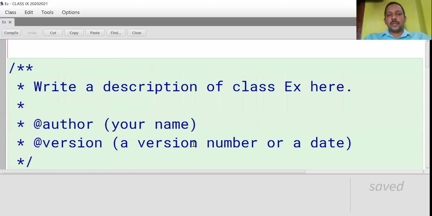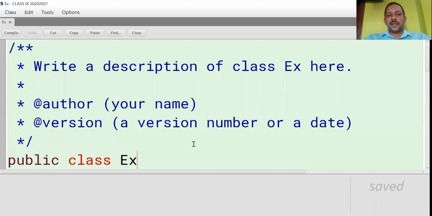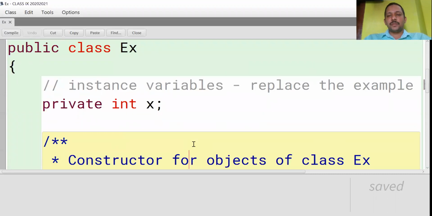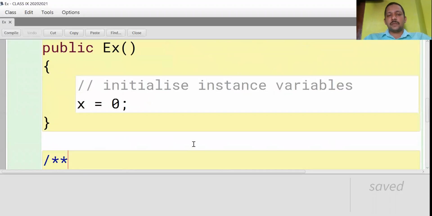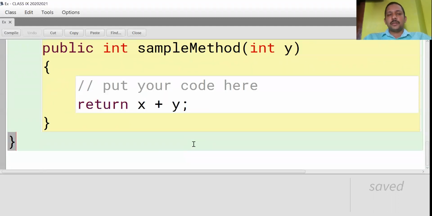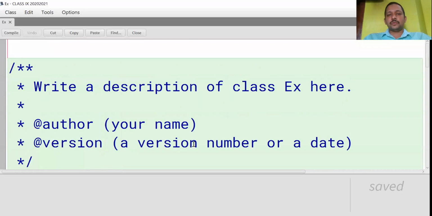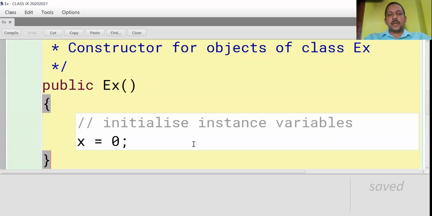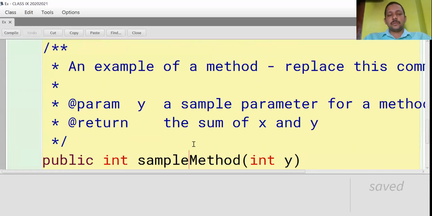So one more question here, what exactly a class contains? A class contains what? You are writing inside variables, that means fields, instance variables or fields, constructor and method. So whatever you are writing inside the class only we are writing. So a class contains variables, constructors and methods. So thank you.